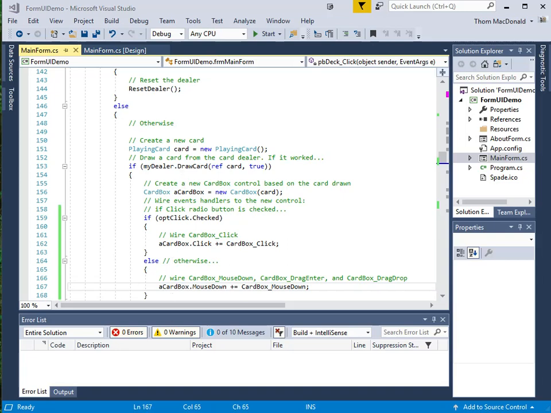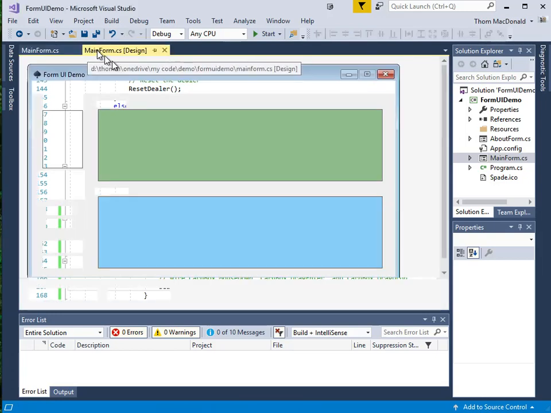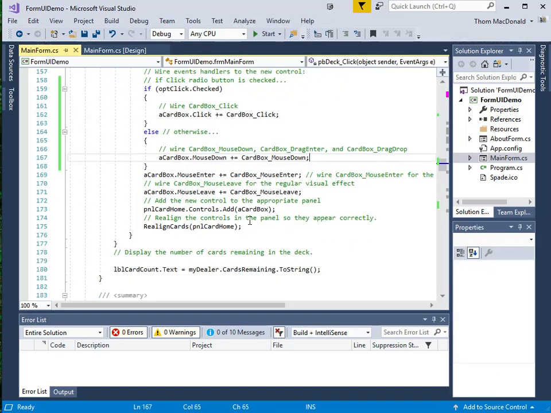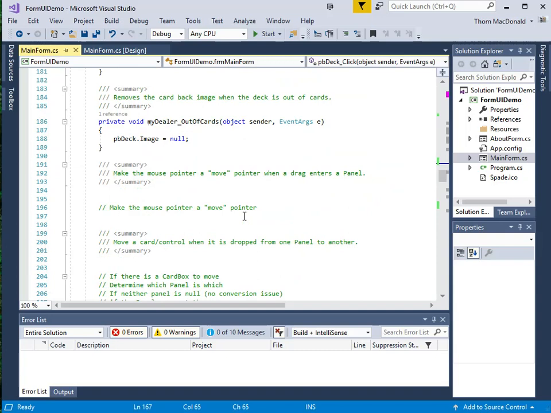So we're going to add two new event handlers. One of them is for drag enter into the panel. And the other one is going to be for drag drop, which is basically dropping on a panel. Now these two event handlers are going to be for both panels. So I'm not just going to go into Designer and add individually each of those event handlers for each one. What I'm going to do rather is I'm going to actually code each of those event handlers and then wire